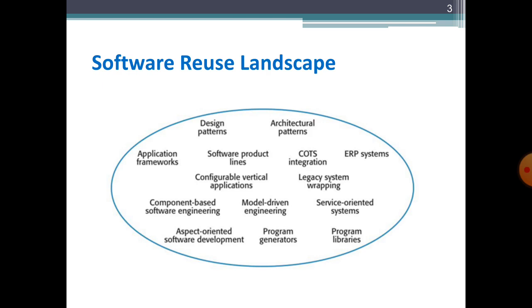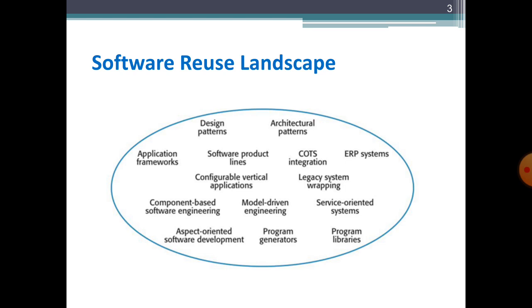So students, here is a software reuse landscape. All of these are software reuse approaches, the different approaches which we utilize in our software design and architecture, and in our daily life as well. In our last lecture we discussed the software product line approach, which we already discussed last week. And now in this week our focus will be on model driven engineering. All of these are software reuse